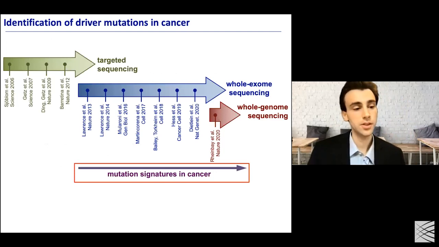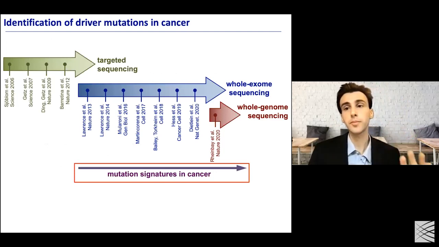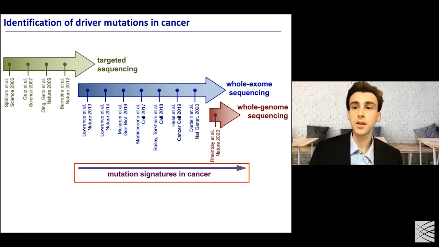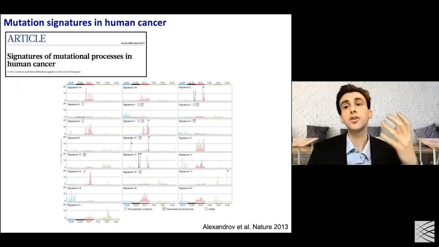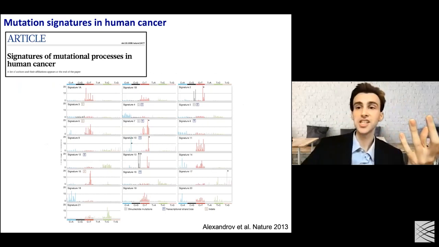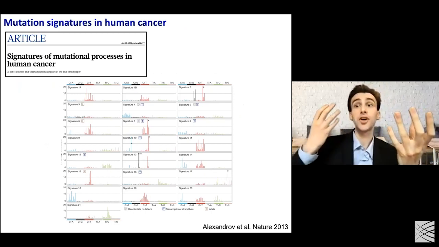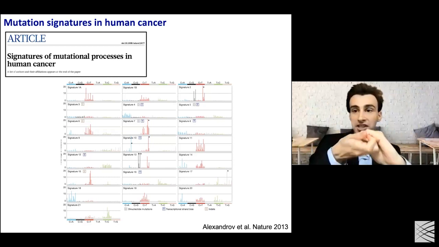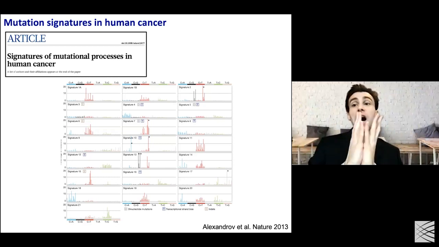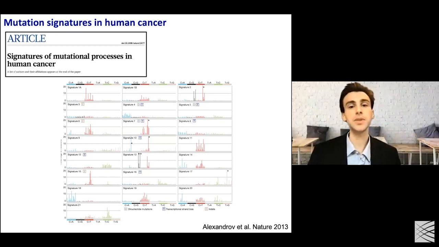In addition to what I've been telling you about the characterization of driver versus passenger mutations, there was another development in cancer genomics happening in parallel: mutation signatures in cancer. I've been talking a lot about how to characterize driver mutations, but as I said initially, another important aspect is understanding passenger mutations, because those always go hand in hand. The more you understand about passenger mutations, the better you can characterize the outlier events that turn out to be driver mutations. So on the passenger mutation side, people had come up with a model called mutation signatures, where